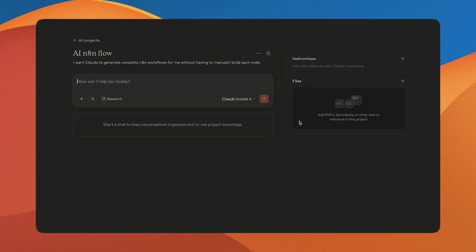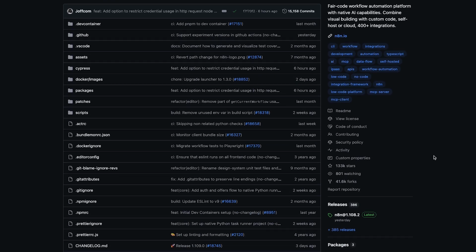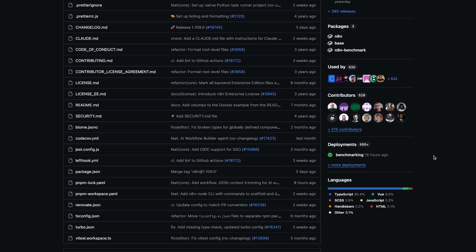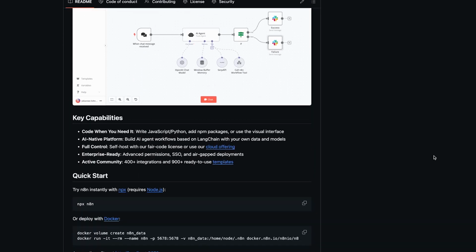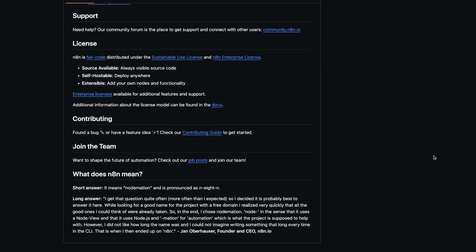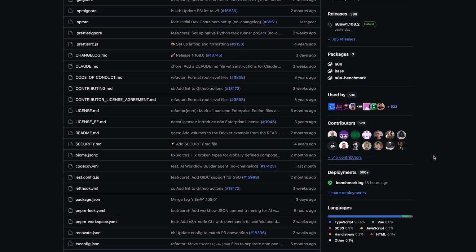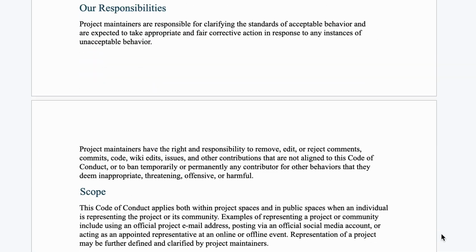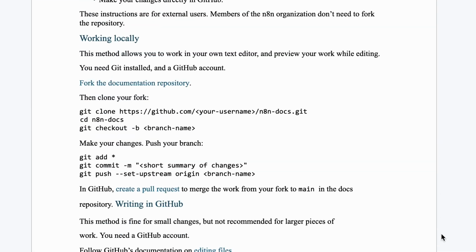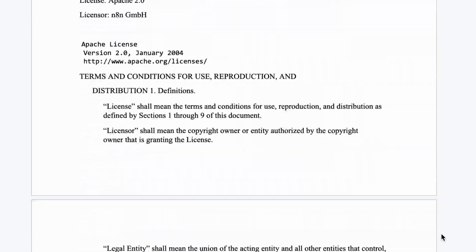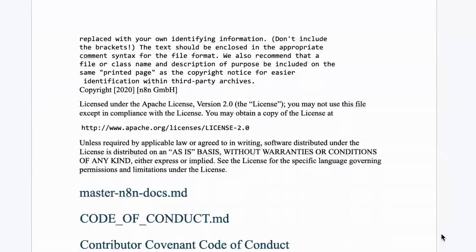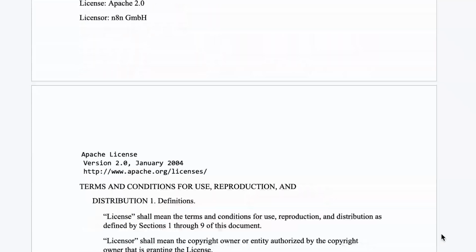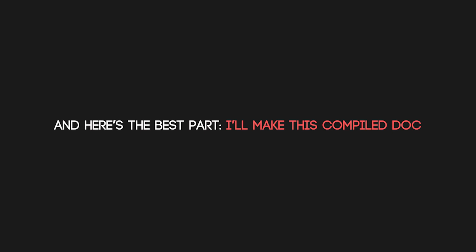Once the project is set up, the next step is to give Claude the knowledge it needs. n8n has really solid documentation. The README files explain in detail how workflows, nodes, and triggers work under the hood. Instead of sending Claude dozens of separate files, I actually came across this compiled document online that has the full n8n README in one place. It's basically like an all-in-one instruction manual for building workflows properly. And here's the best part. I'll make this compiled doc available for you to download, so you don't have to spend hours piecing it together